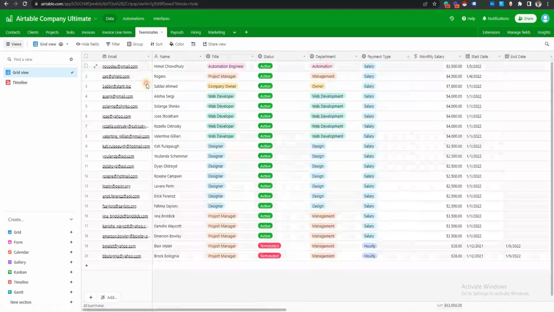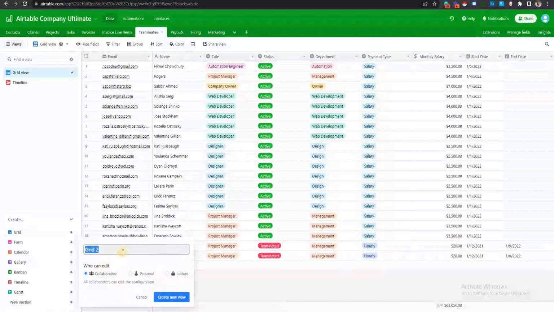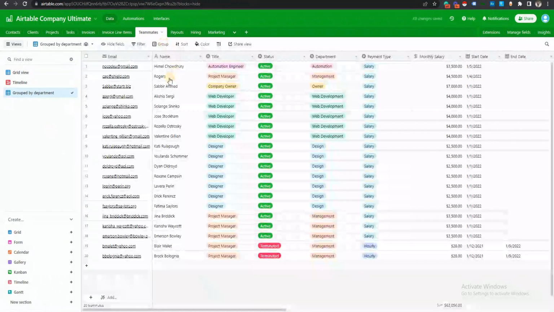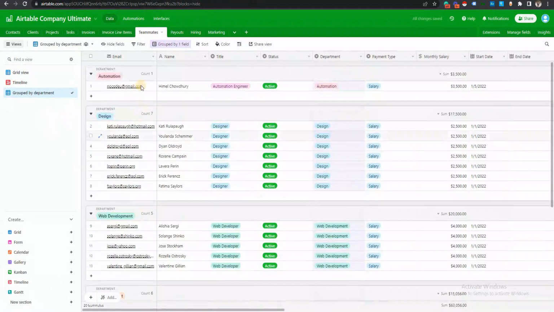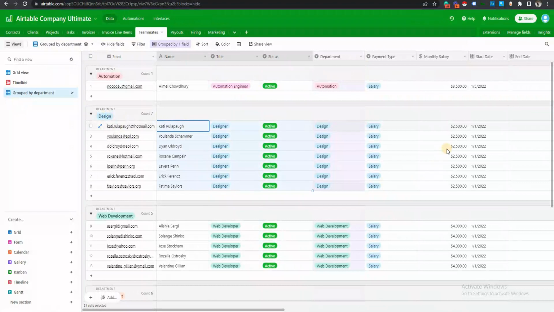Then you've got teammates, which is all the people that are working for you, and you can easily see, for example, if you create a group, so group by department, and if you group by department, you can see all the people corresponding to that department. So in the design team, we've got this number of people, and you can see you are paying every month $17,500